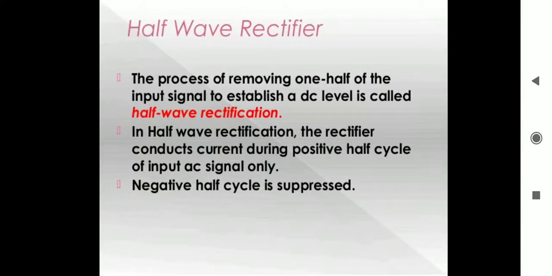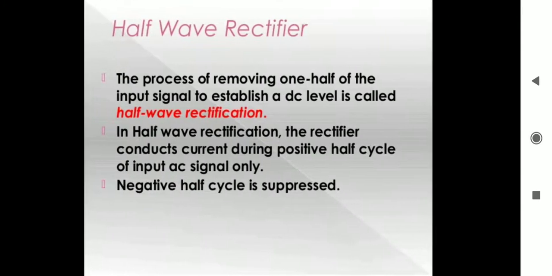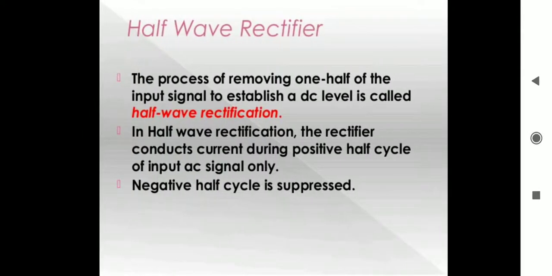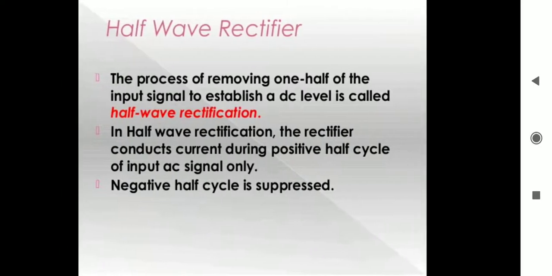As we have seen, this is exactly what a semiconductor diode does. The simplest kind of rectifier circuit is the half wave rectifier. It only allows one half of an AC waveform to pass through to the load. Simply, rectification is the process of converting alternating current to direct current.